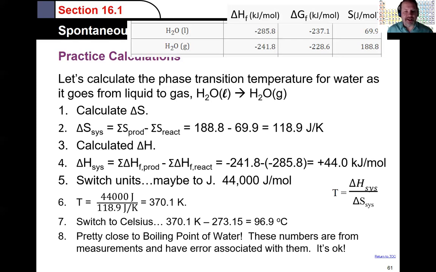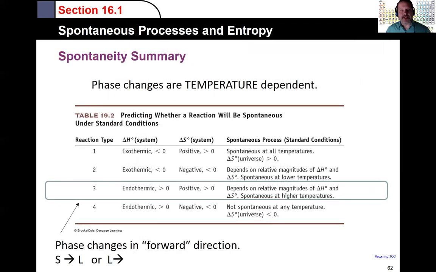So given the error that's in there, we were able to calculate the boiling point within a few degrees for water, understanding just the entropy of the system and the enthalpy of the system. So this is pretty good. So in summary, we can now understand the entropy of the universe if we think about it in terms of the two available signs for the enthalpy and for the entropy. And phase changes end up in this temperature dependent realm, this third type of reaction, because there are four different types of chemical reactions. And so now we can turn the second law into something usable for us in the chemistry world.